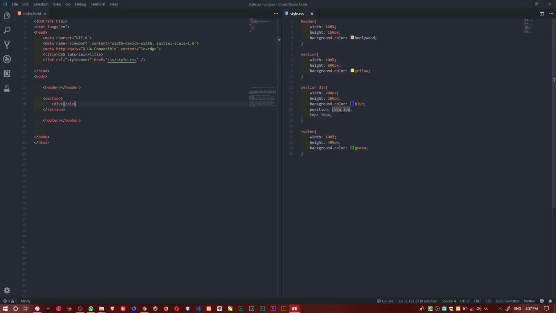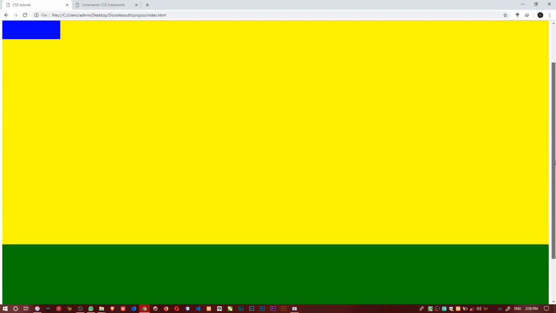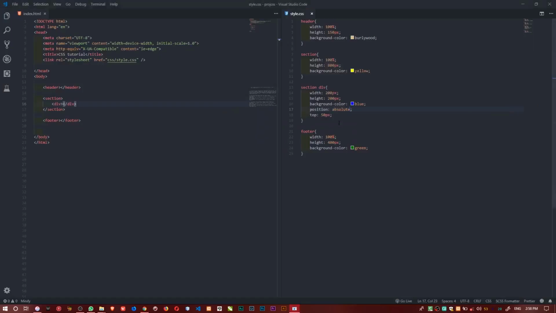You get the same thing. If we change this relative now to absolute, we can give them 50 pixels from the top now. Now it will push from the top again, but this time with the scroll, it will continue to scroll. I don't know if you get the scope now. Mark come on this 50 again. Now the position is not relative, not fixed now. Absolute, no idea. It did this place.